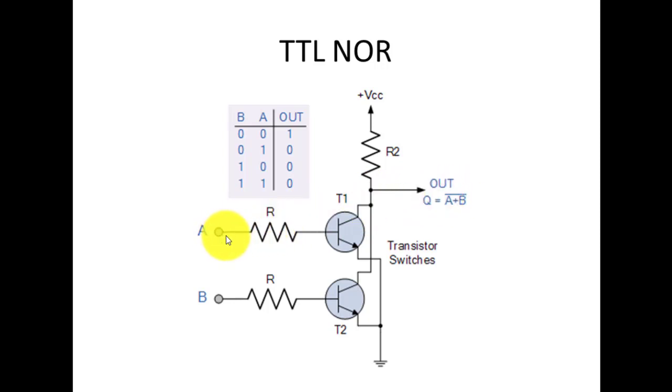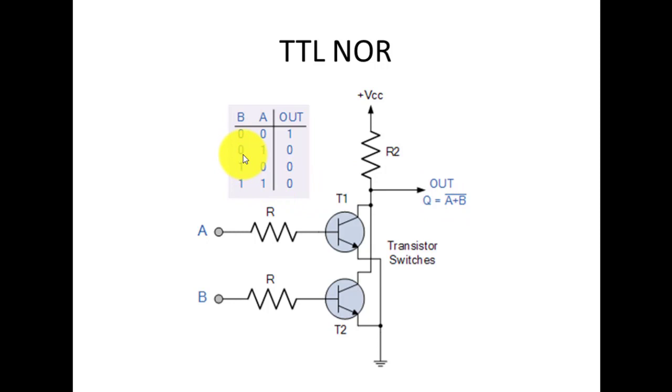So we shall use two inputs A and B. As you can see, whenever switch A or switch B is on logic high, the circuit will give the output. Whenever the combination is 0 0, the output will be 1, because both of the switches will not conduct the current and both of the transistors will not conduct the current to the ground, and the output will be high.